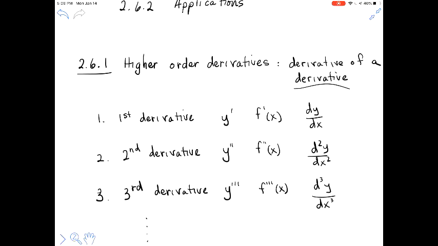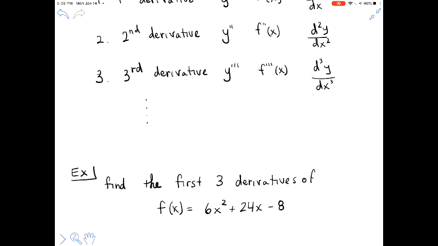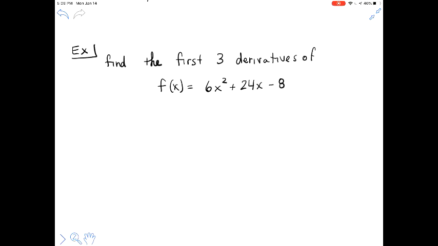And finding a second derivative follows the same rules and guidelines as far as product rule, quotient rule, chain rule as a first derivative. So homework will start out with a pretty easy example, something like this. Find the first three derivatives of this function, meaning find the first derivative, find the second derivative, find the third derivative. So you start with the first derivative,